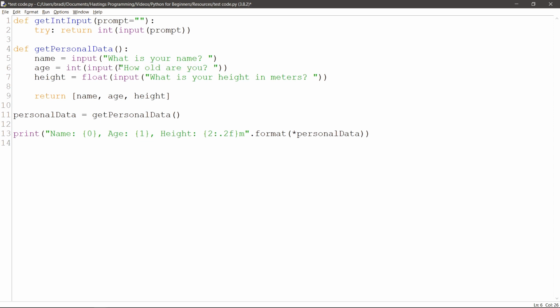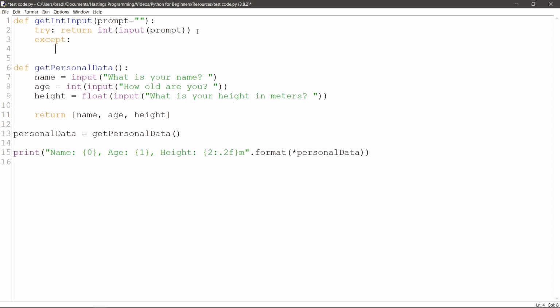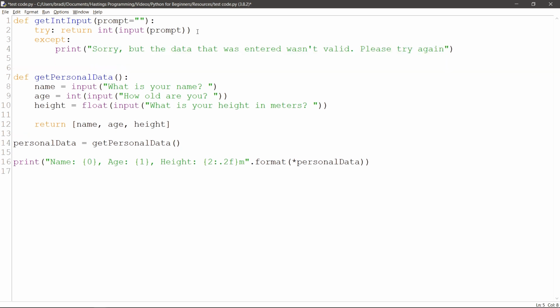Where this is the prompt, this string here. But if there's any errors, right? So except in the case where you have errors, you may want to print, sorry, but the data that was entered wasn't added. Please try again. And then you want to return get int input